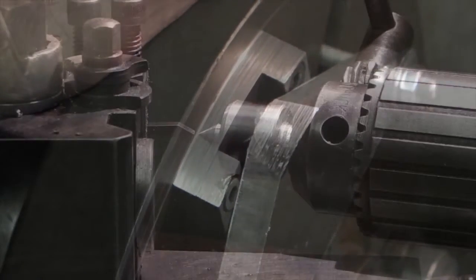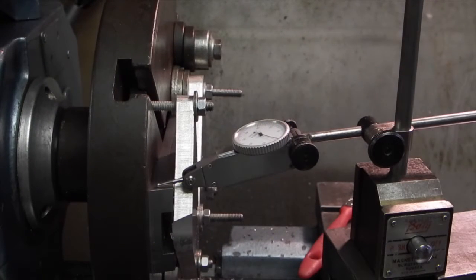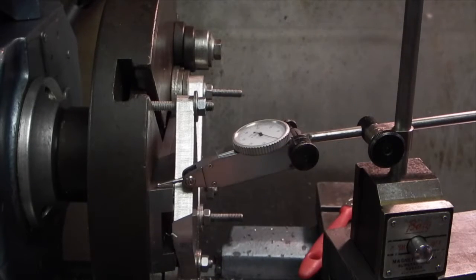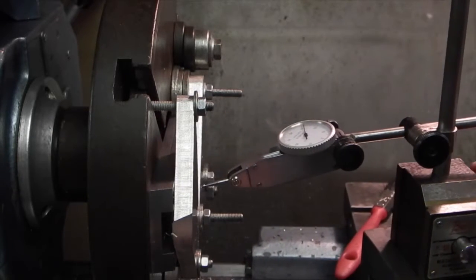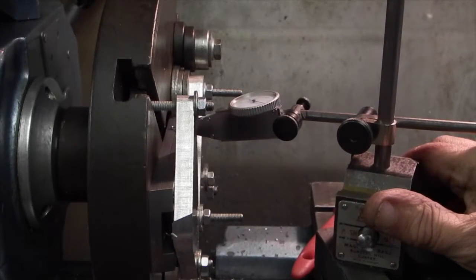Here I've just set a thread cutting tool which is sideways in the tool holder, using the centre to get the height. I'm just setting the top of the tool slide parallel before I scribe the 0 line. So I've set my dial indicator to near enough 0 there. Move it across to the centre, and I'm checking on the second part, which is